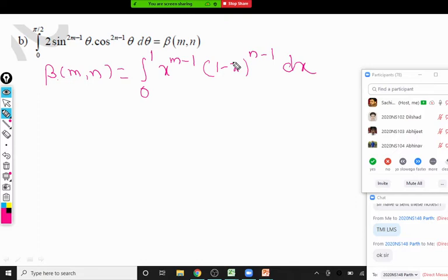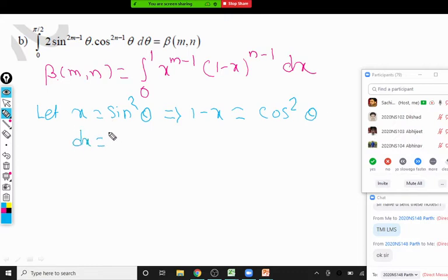So whatever the answer given by Ankur, actually you are trying to reach from the second form to the main definition. That is okay, but right now I'm asking from the definition to that second form. So here the substitution we should use is, let x equal to sine square theta. If we replace x by sine square theta, what will be the value of 1 minus x? It's cos square theta. What is the value of dx? 2 sine theta cos theta d theta.